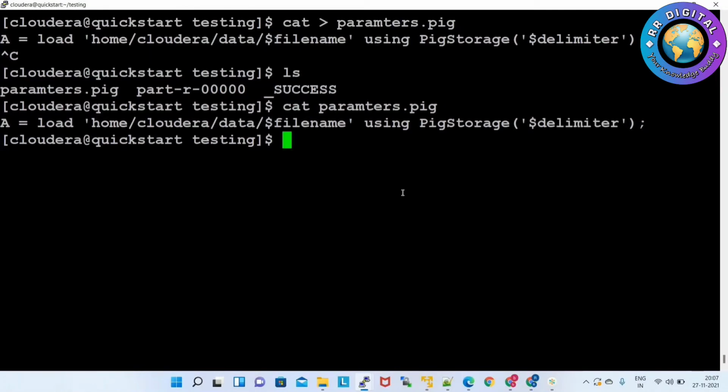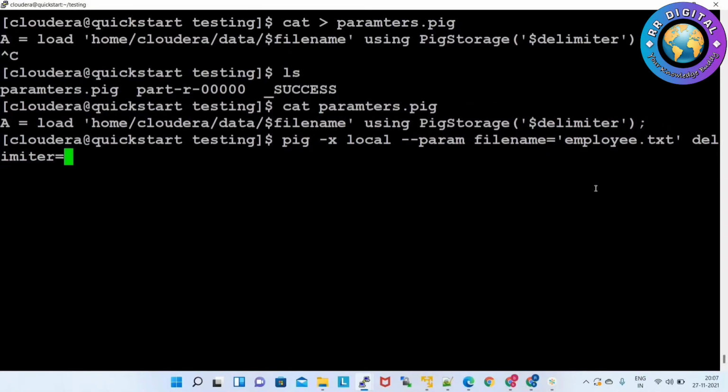Now while executing this script, I have to pass the parameter values. So pig -x local, then -param, first parameter name file name. File name equals employee.txt; if it is customer.txt, you have to give customer.txt. And the next param name delimiter.